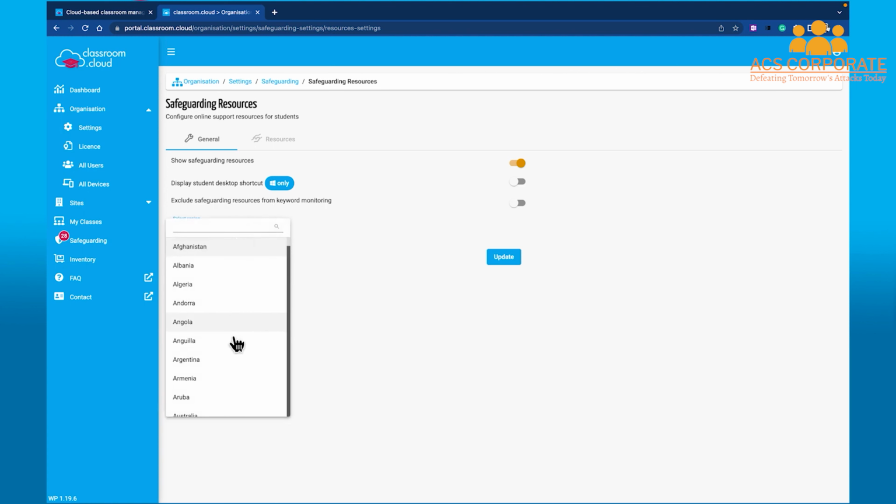Now the different regions have different relatable resources. So for example, if we're in Australia, the resources there would be different to what you might find in the United Kingdom. You can scroll through the list to find the country that you want, or alternatively you can just click at the top and start to type the name of the country or the region you want to link through to. So we're going to choose United Kingdom, and once you've chosen that region, you'll notice now that